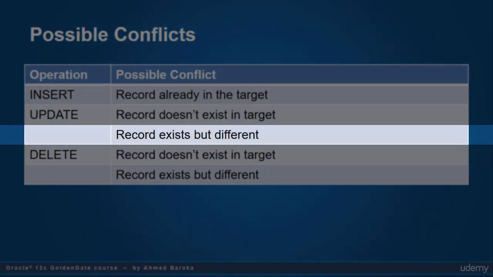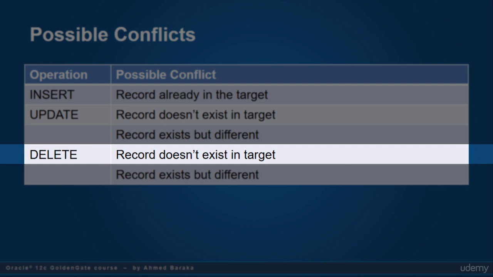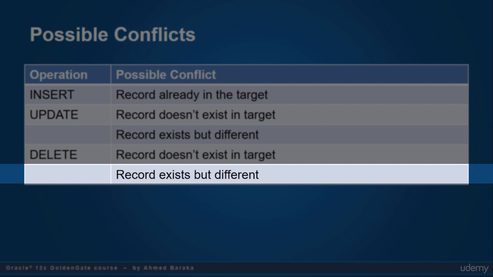Or the record exists, but it's different from the record that was in the source database before updating the record. The third possibility is that the replicate may try deleting a record from the target database, but the record doesn't exist in the database. Or the record exists, but it was different from the one that used to be there